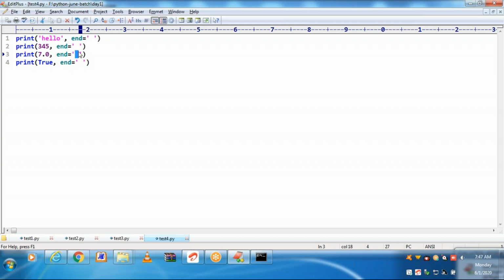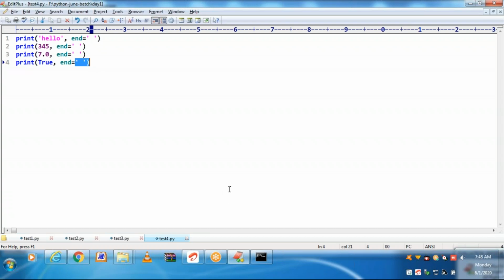After space, retaining in the same line, true, then space. After true, retaining in the same line, it is not going to the next line. That is why you are not getting a blank line while printing like this.